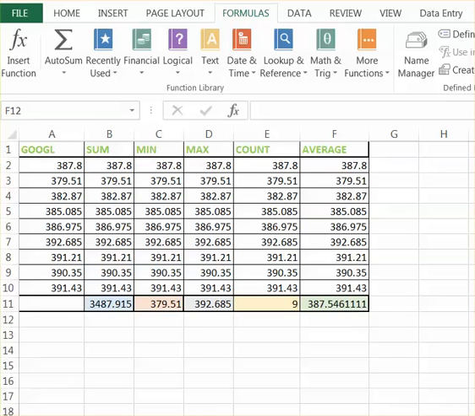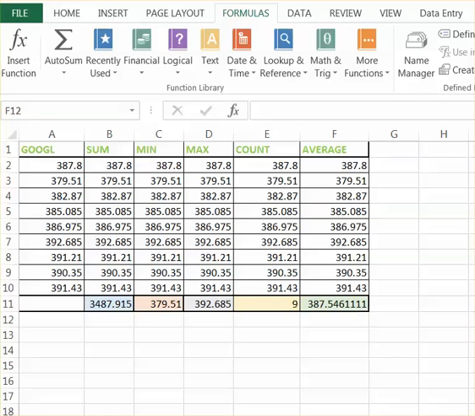Hello everyone. Today I am going to show how to summarize data with functions utilizing the sum, mean, max, count, average functions in Microsoft Excel. In order to do that, first I have to open an Excel worksheet and we have to have a data set, which I already created here. Now, first I am going to show how to do the sum function.